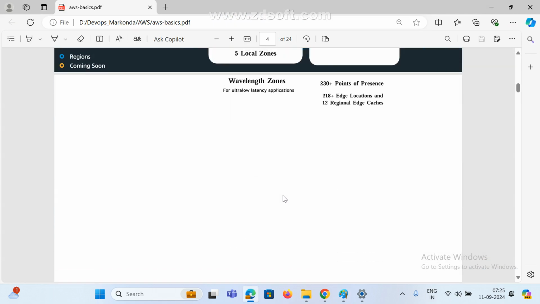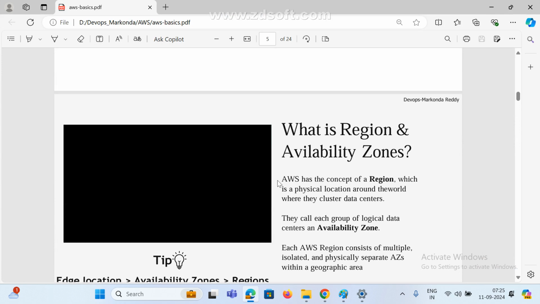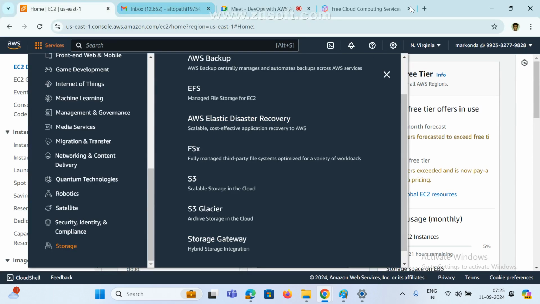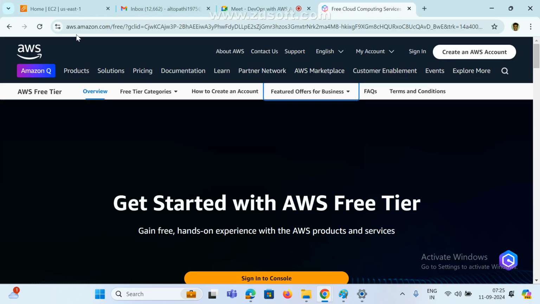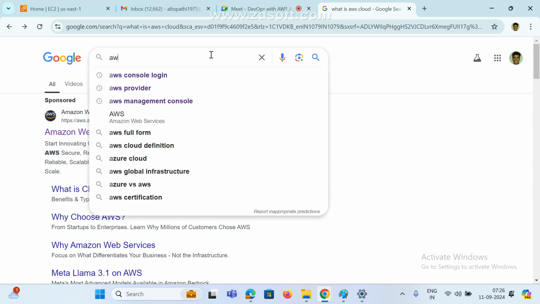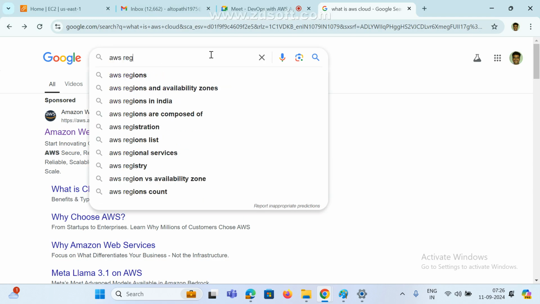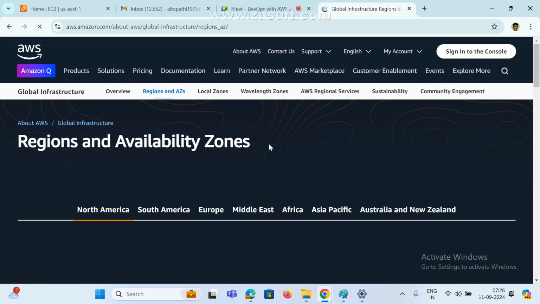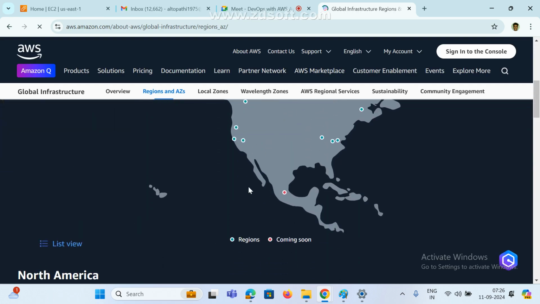They are also maintaining many regions. If we go here to AWS, these are the new things: regions and availability zones.